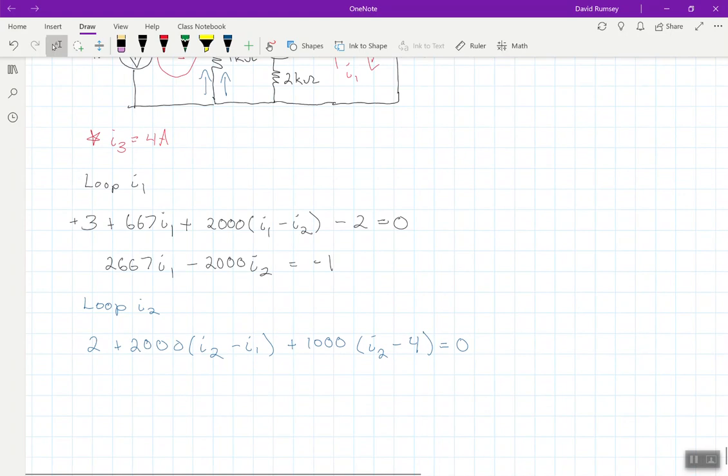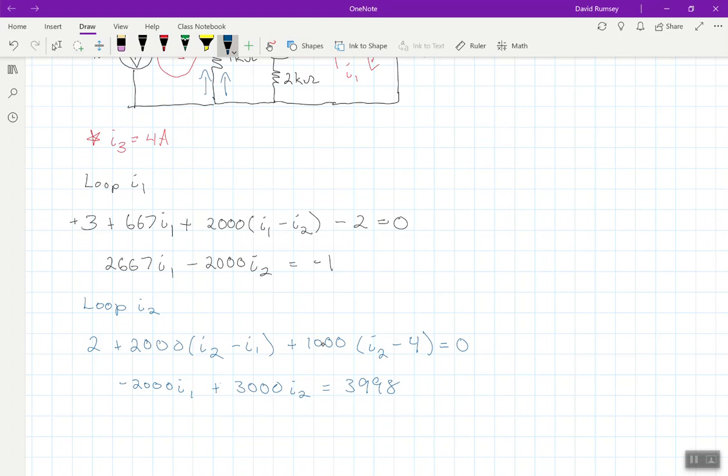And so simplifying this equation, we'd have minus 2000 I2, I1, plus 3000 I2, and then if we're careful here, this is technically almost minus 4000 here, but we got this plus 2 here. So this is really going to be equaling 3998 on the right hand side,